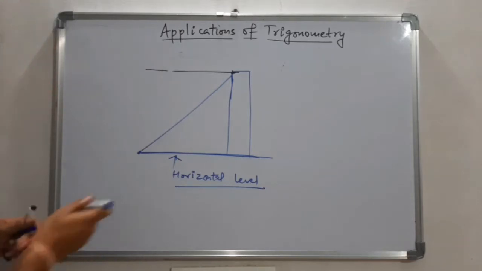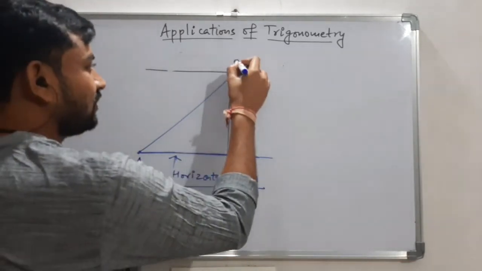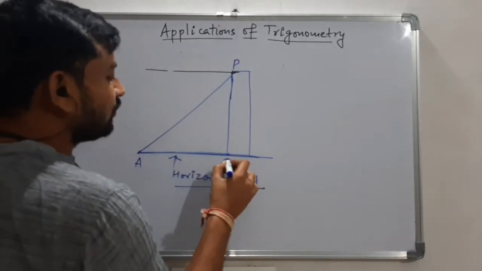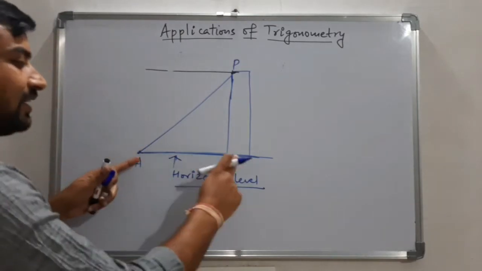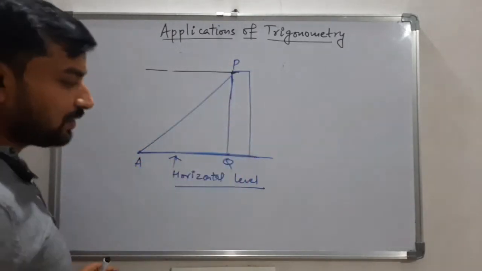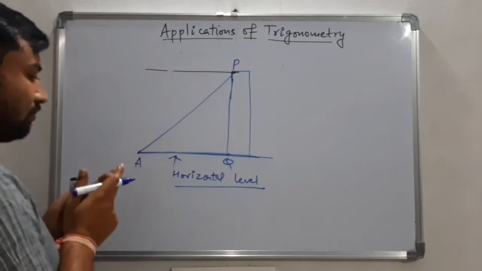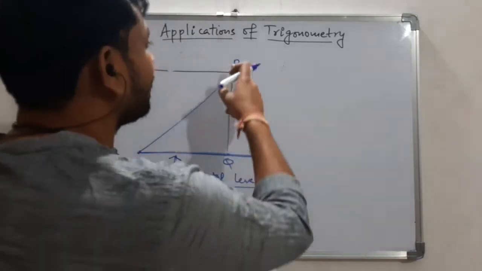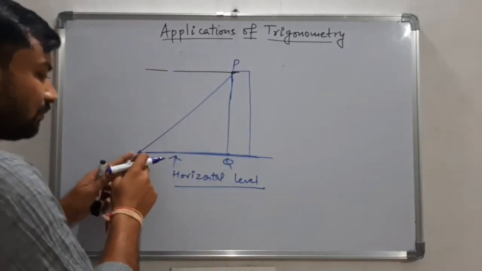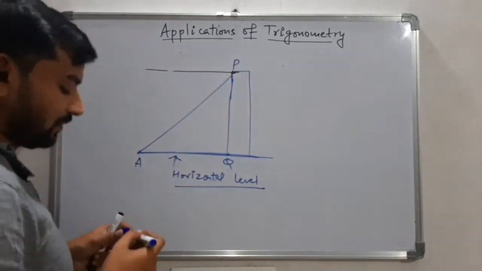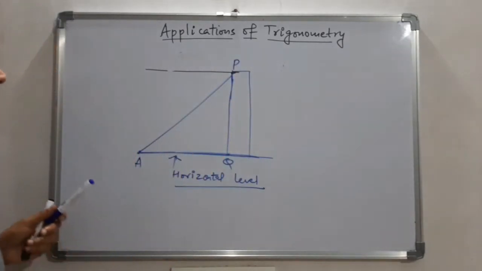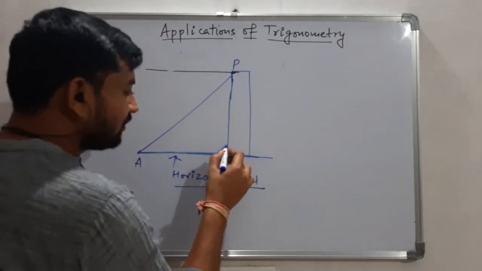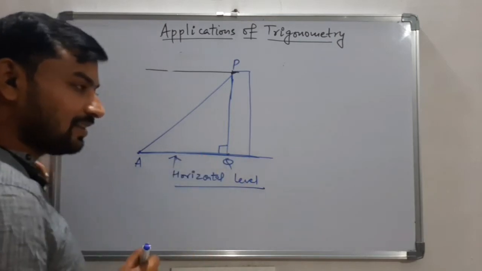If a person is at point A and he is watching point B, the horizontal level, suppose we take a point Q here, so the horizontal level is AQ, the height of the building is PQ, and the distance between the person and the one point at the top of the building, from A to P, this distance will be taken as the distance between the height and this point. So here clearly the building will be straight, so this angle will be considered a right angle.